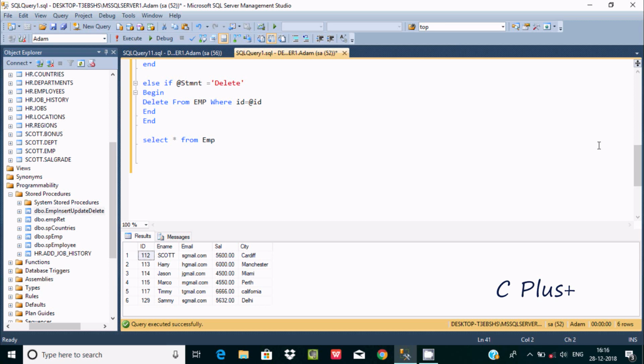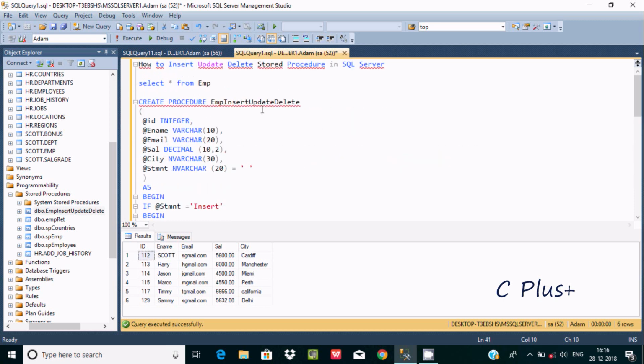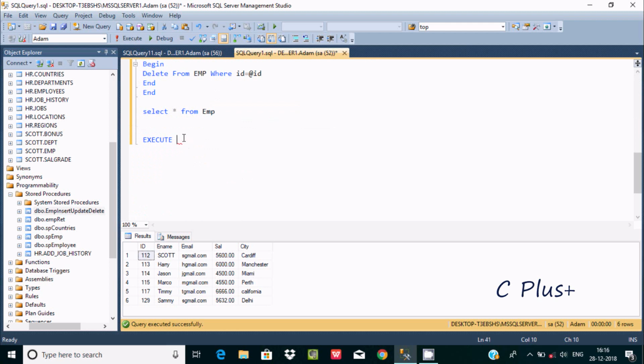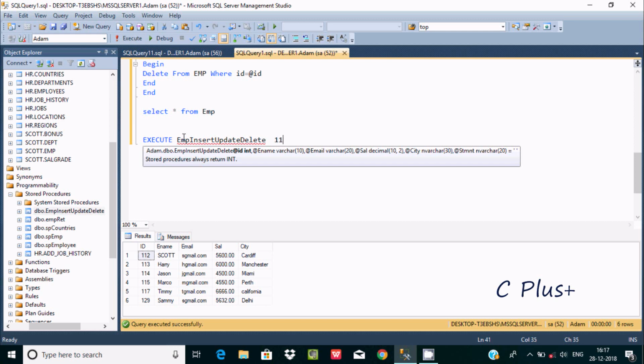If you want to update, delete, and insert by query, you just write here execute, and after that give the stored procedure name. So the stored procedure name here is emp insert update and delete. So insert update and delete is the stored procedure name, and you're going to do some modification on 117. So 117, and after that the name is Timmy,